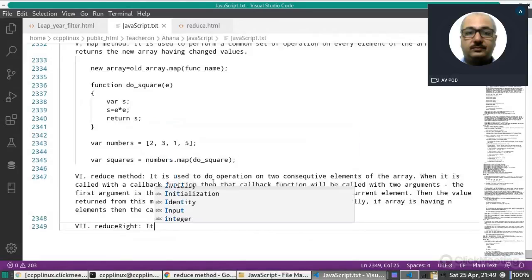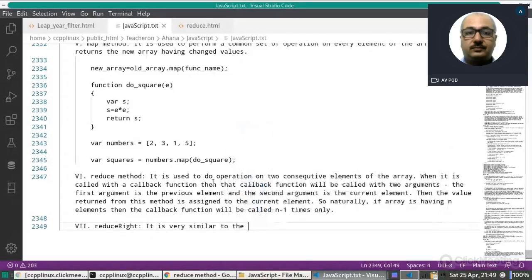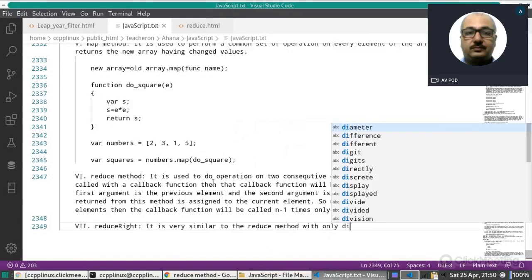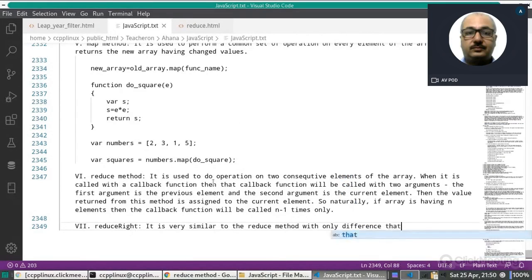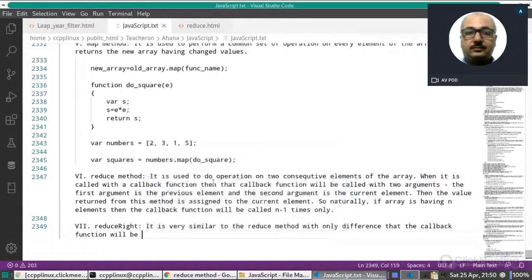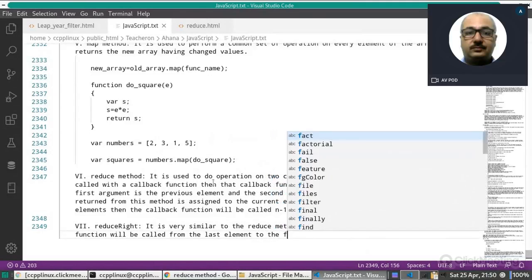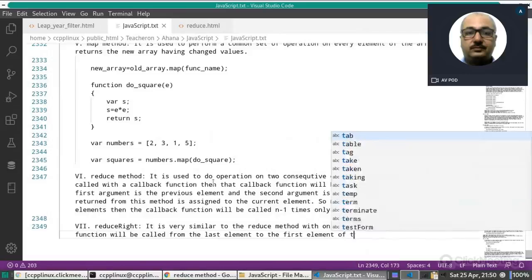So it is very similar to the reduce method, with the only difference that the callback function will be called from the last element to the first element of the array.